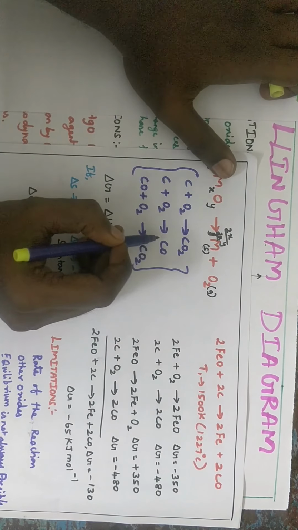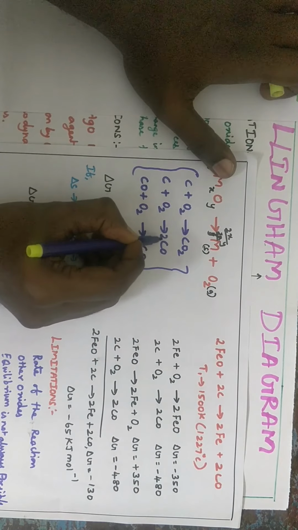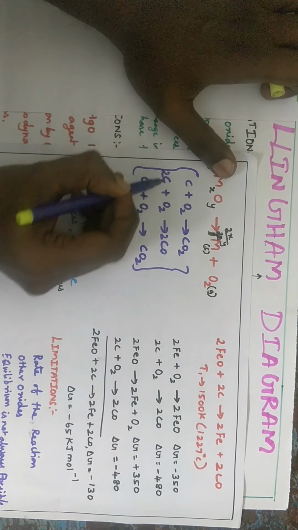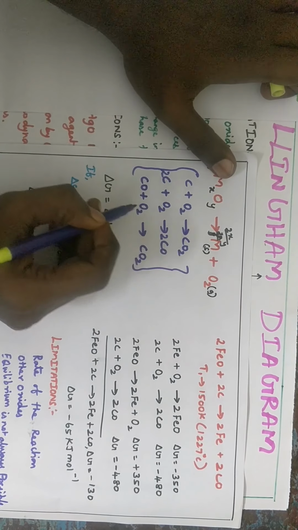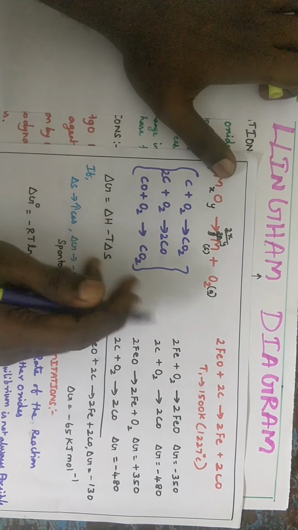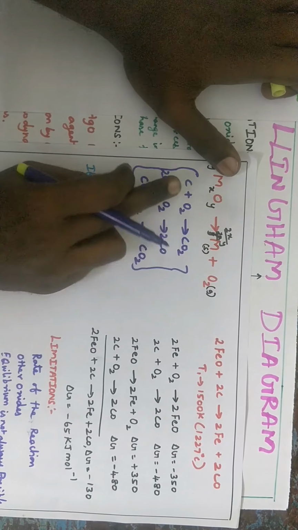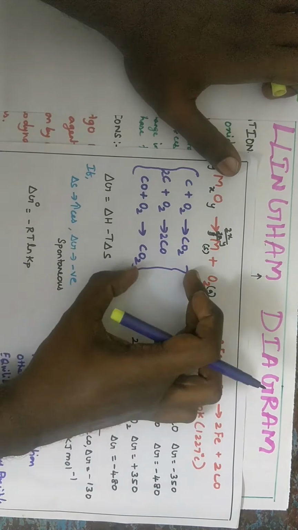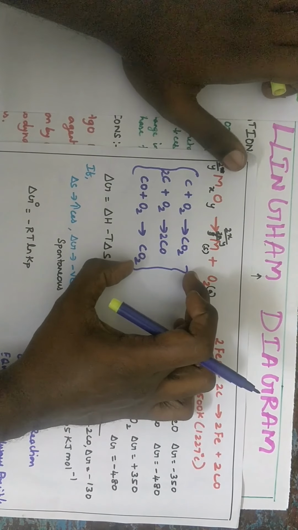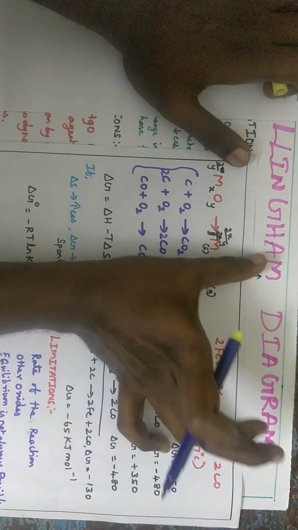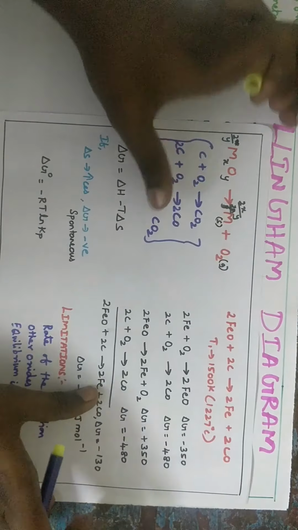To balance this equation, the right hand side has 2 oxygen. So here 2 oxygen is balanced. Next, 2 carbon. Next, this carbon monoxide reacts with oxygen to form carbon dioxide. So three different reducing agent equations are possible for metal oxide to metal. From this we have to find which one is the suitable reducing agent to convert metal oxide to metal. It is given by the Ellingham diagram.